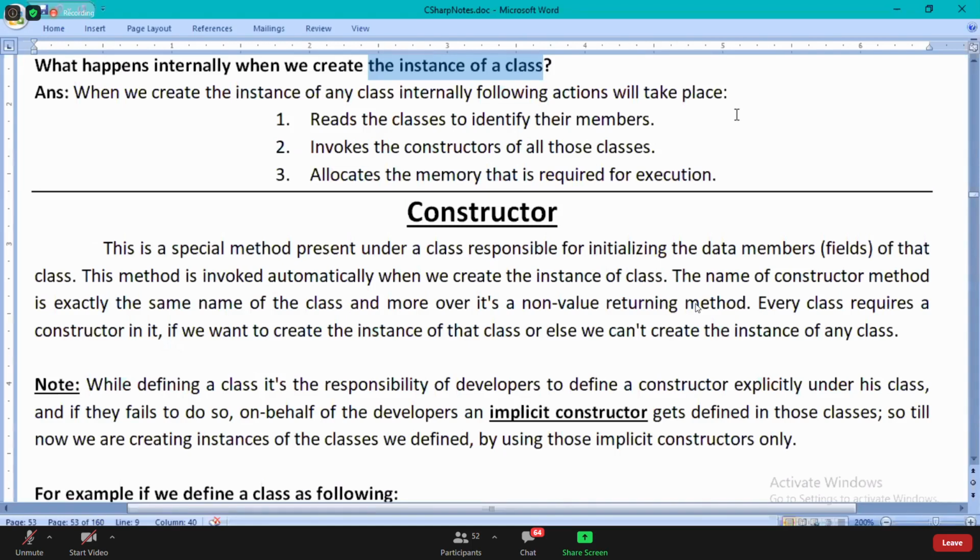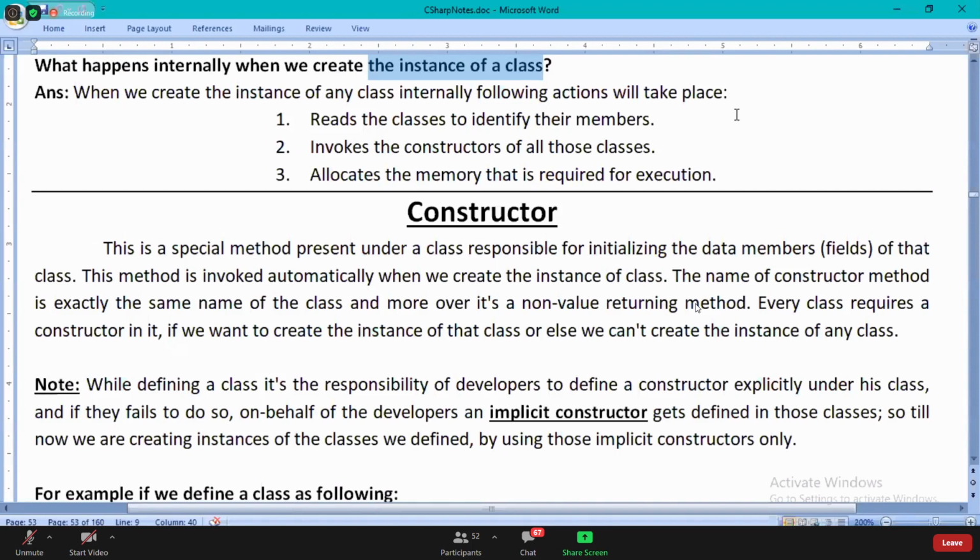Did you guys understand that? When the question is about what happens when you create the instance of a class, why is it telling reads the classes? The point is, when you create the instance of a class, it will not only read itself, guys.